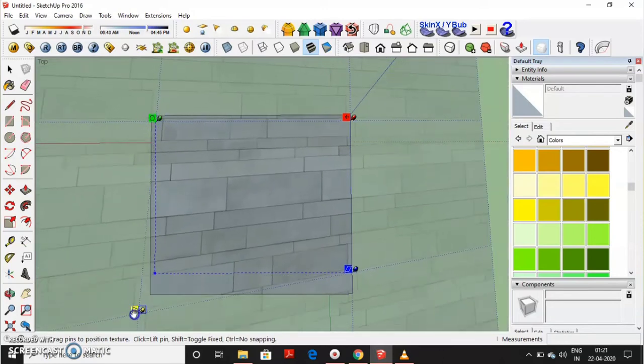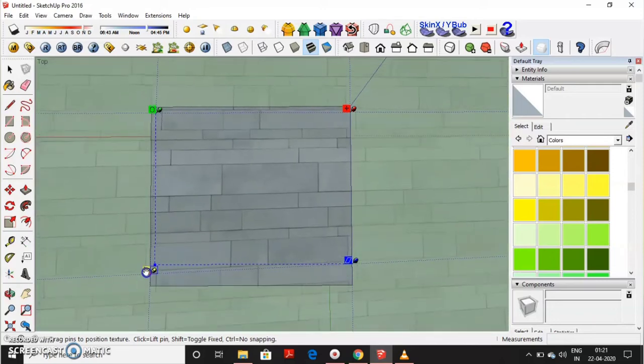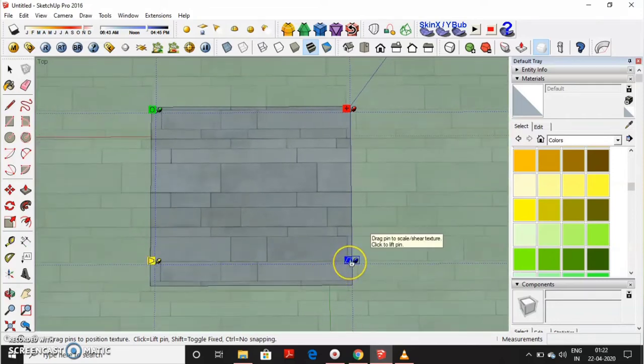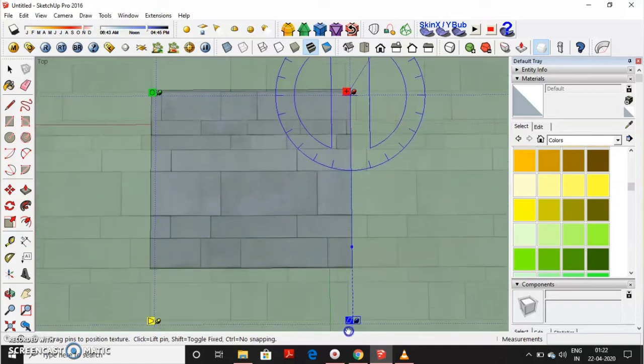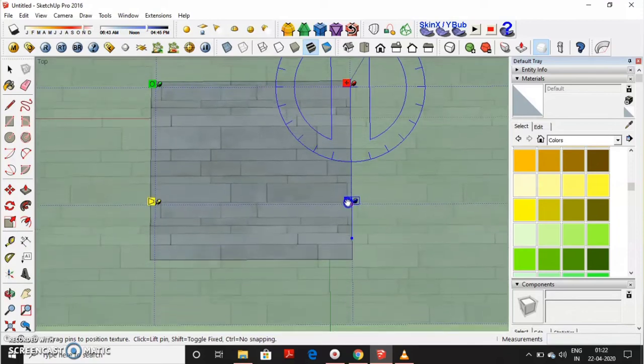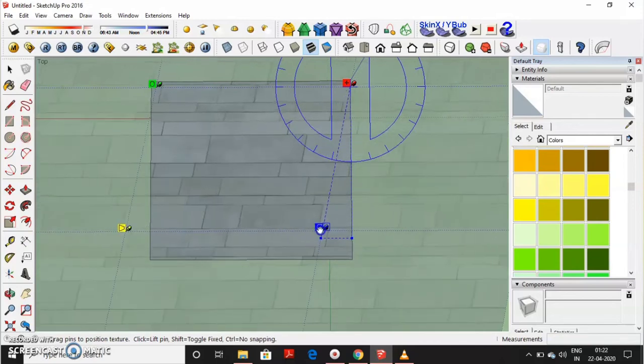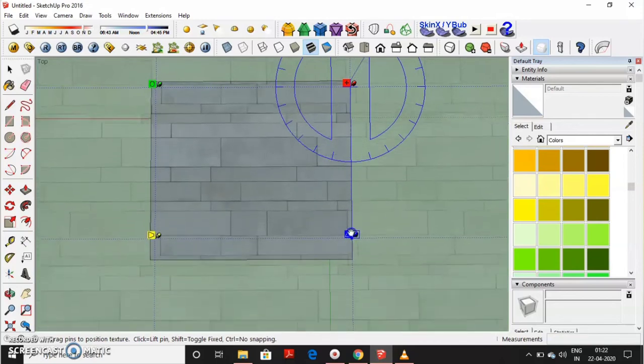Using this yellow pin, I can change the perspective of my texture, and using this blue pin, I can change the scale or the perspective in 2 dimensions by setting the 1 dimension as freeze.